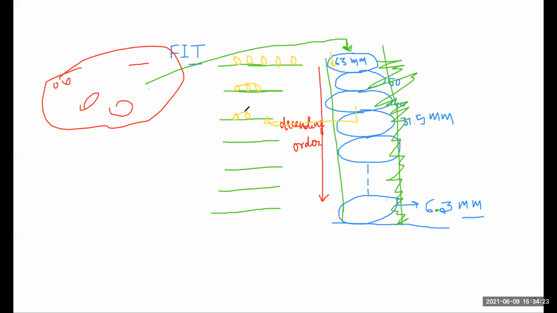I take that aggregate here. Some of the aggregate passes through 31.5 mm but is retained on 25 mm. That means these are the fractions of aggregate which pass through one sieve and are retained on the next. So basically we mark here, these are the fractions of aggregate which pass through the 63 mm sieve and are retained over the 50 mm sieve.